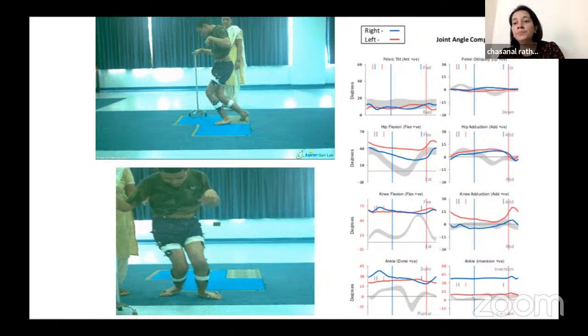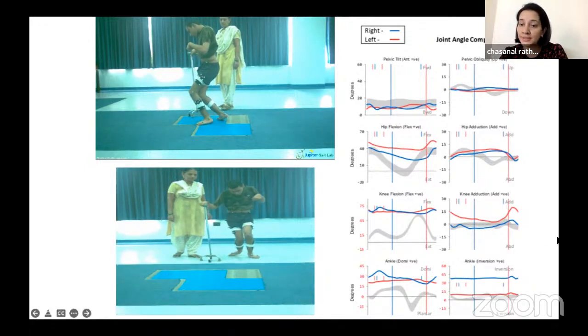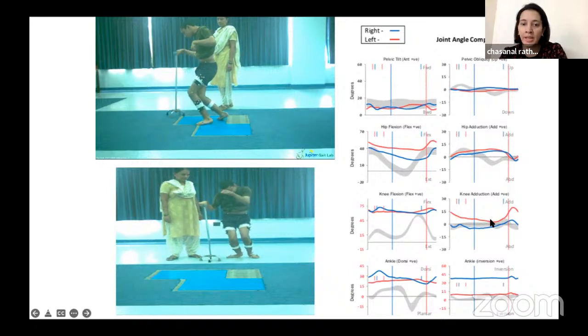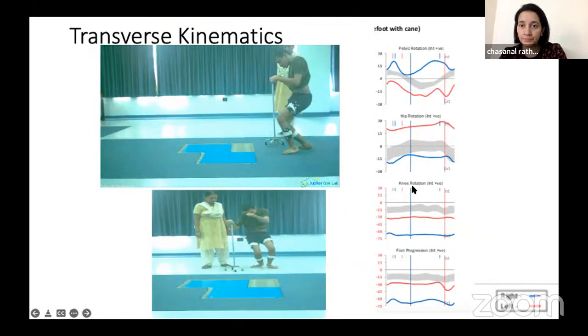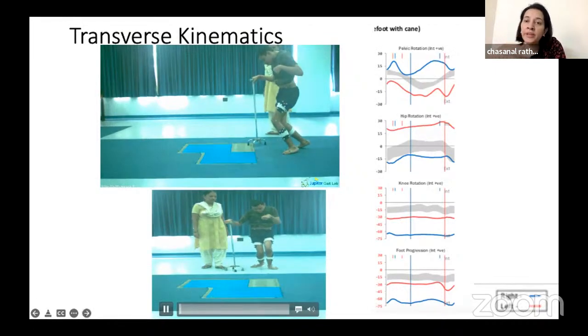And now we need the third plane, that is the rotational plane evaluation of the same patient in the gait report. And let's look at that. So this is the rotational plane. Now this is difficult to judge on the videos, like I mentioned, because the transverse plane are movements which